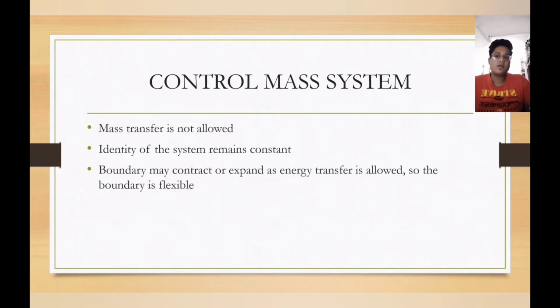Boundary may contract or expand as energy transfer is allowed, so the boundary is flexible. So ये flexibility इसीलिए आती है क्योंकि energy transfer हो रहा है बाहर से अंदर और अंदर से बाहर। तो जितना भी heat up होता है, expansion होता है, उस expansion की वजह से हमारी boundary flexible रहती है, and that can expand और that can contract. और जो identity होती है वो constant रहती है। जो system की main identity होती है, वो change नहीं होती। जितनी भी रहती है system की properties वो that will be same।